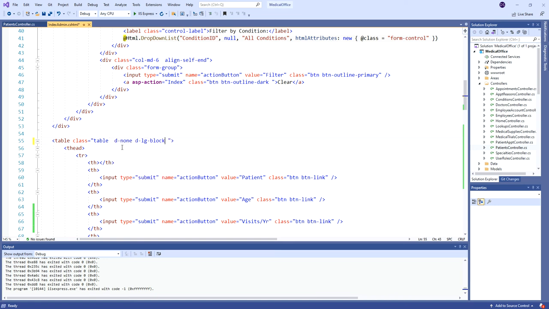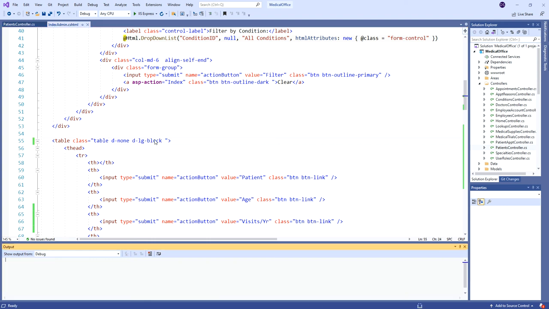Basically you start with the smallest screen size and you work your way up. So starting from the smallest, we're going to say, nope, there's no display. And as we go up each size, when we reach large, now we're going to use block display and basically show the table. If I do Control F5 and bring this up,